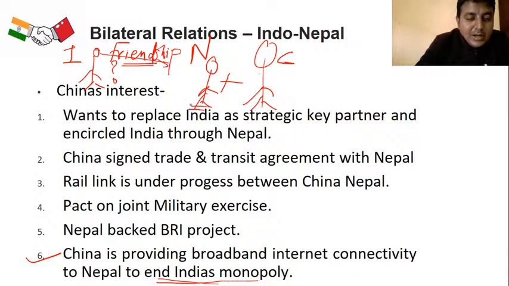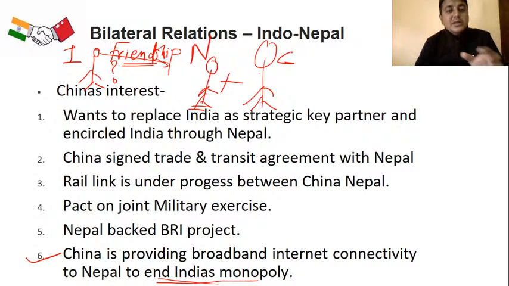Yes, of course, ending a monopoly is always a good choice for any country. India never supports such a thing. India is always opposing monopoly because the principle of NAM is against the establishment of control of one country over another country. But as in the example here, you are there, Nepal is there, China is there, and you are having friendship with that friend. Do you really think so? Your friend gets hurt by any other person,